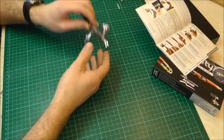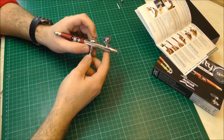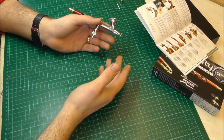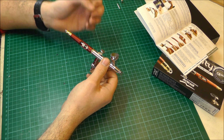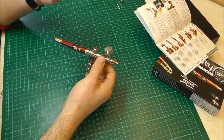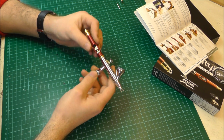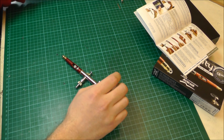Right then, so this airbrush is a double action airbrush, which means that when we press down we get air, we pull back and we get paint. You can fit lots of different needle types in here, 0.15, 0.22, 0.4 and 0.6, and you can get the different nozzle caps for them as well. So a lot of different spray patterns you can get there with different needles. We can also fit different cups on here as well,